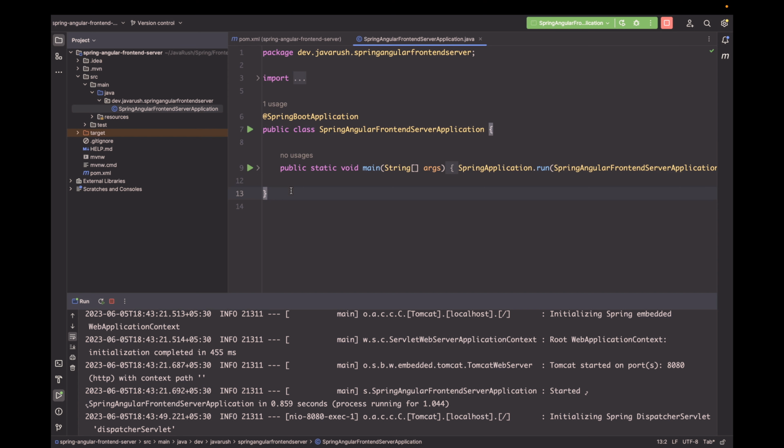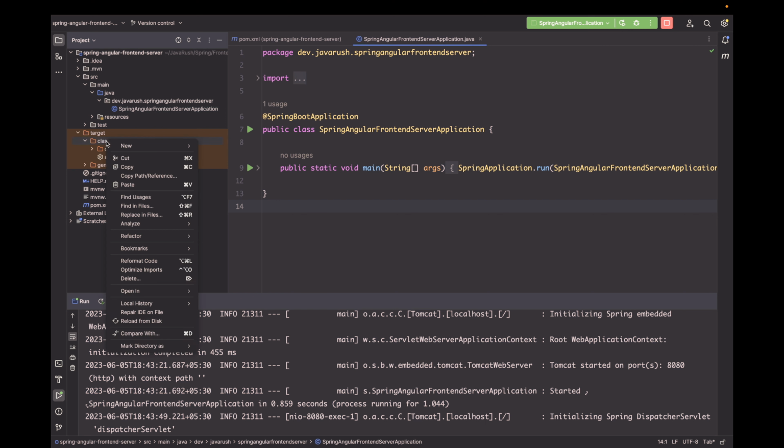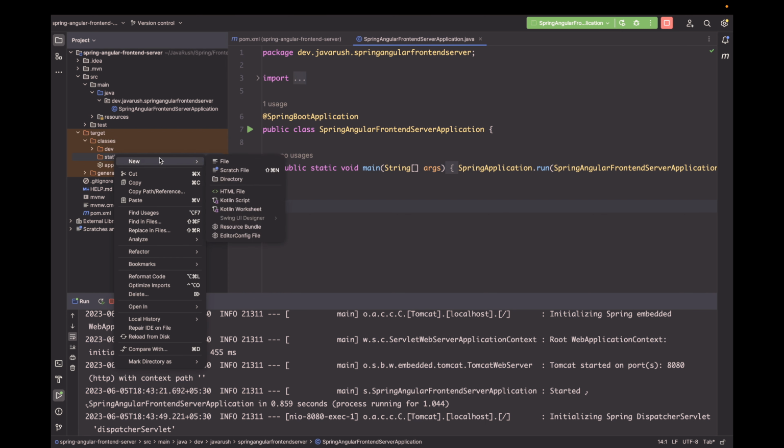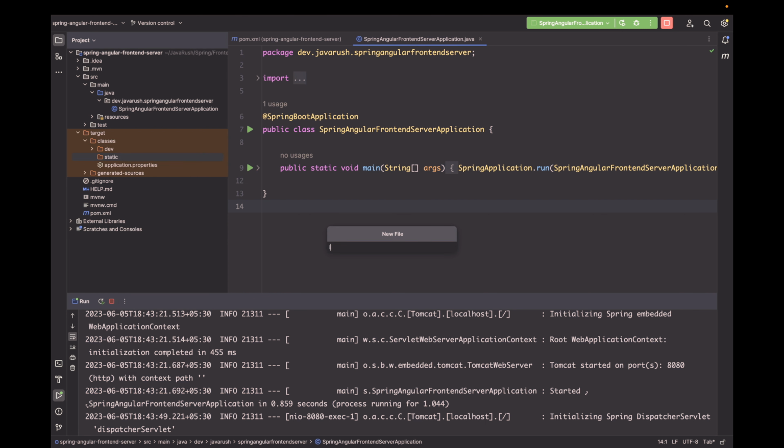Okay. So now we want to create an Angular application and serve that application from this server. The basic principle is that whatever is inside this target classes static folder is served as part of the application. So for example, in the classes, if I create a new directory called static, and here I will create a new file. Let's call it index.html